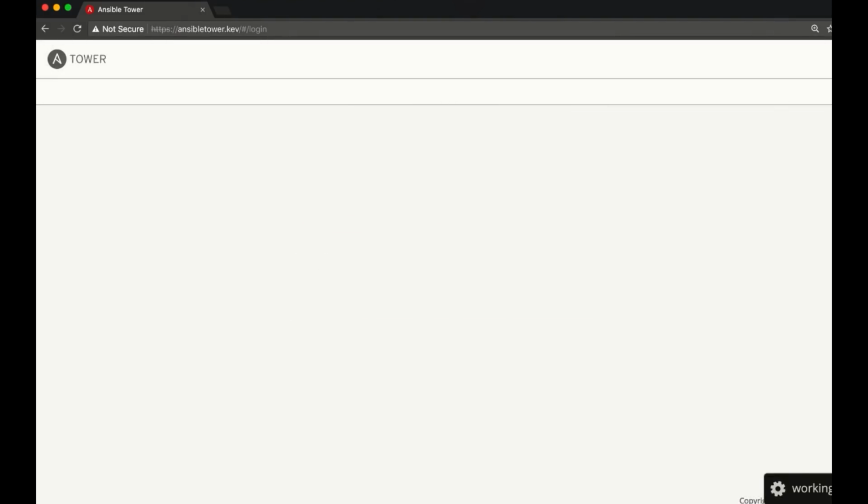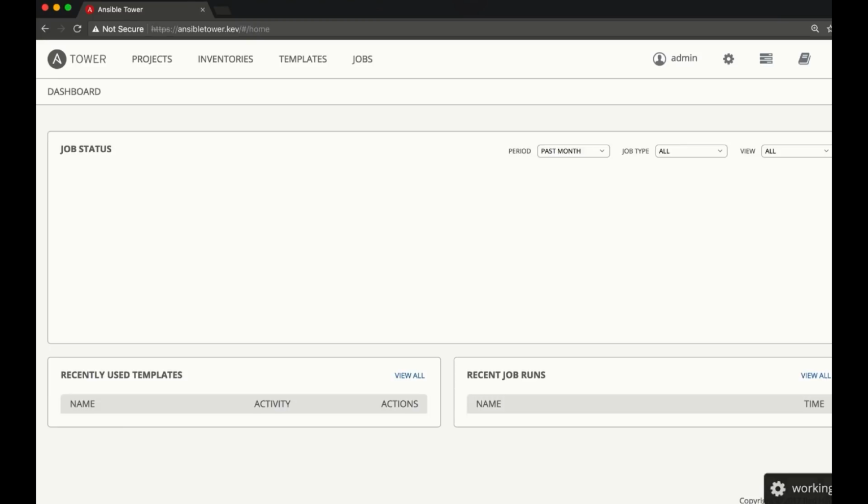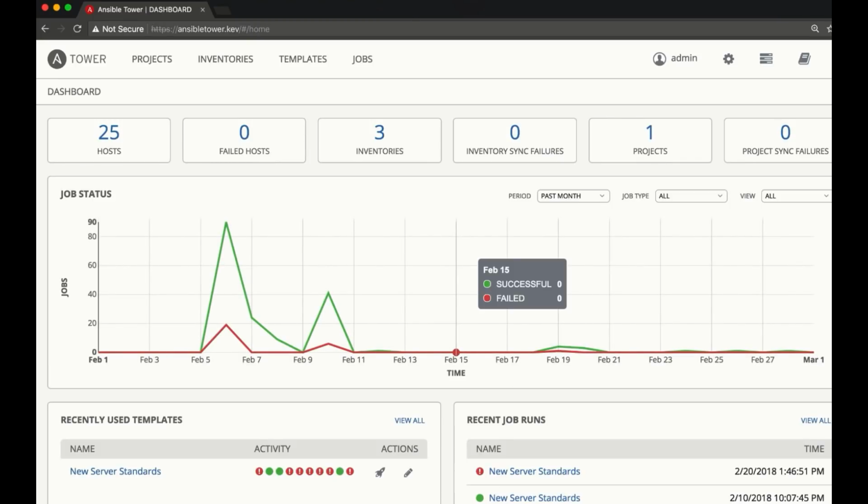Now what I'd like to do is take a look at Ansible Tower. Once again, Ansible Tower is not just a GUI on top of Ansible. There's a RESTful API that's fully functional in between. So anything that can be leveraged within the RESTful API can be leveraged